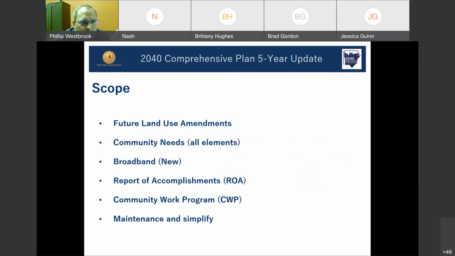Okay, the scope of this project, to give you a little bit of background. There are 3 different types of updates that a comprehensive plan effort goes through. There's the annual update, which a lot of you may be familiar with. That's updating the future land use and looking at small area policy guidelines. A lot of you may know these as the community or the comprehensive plan amendments. That's an annual update. It's usually in January.